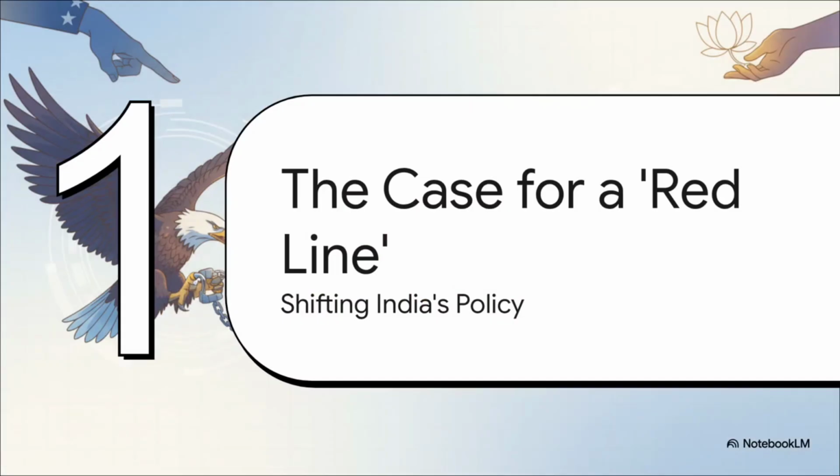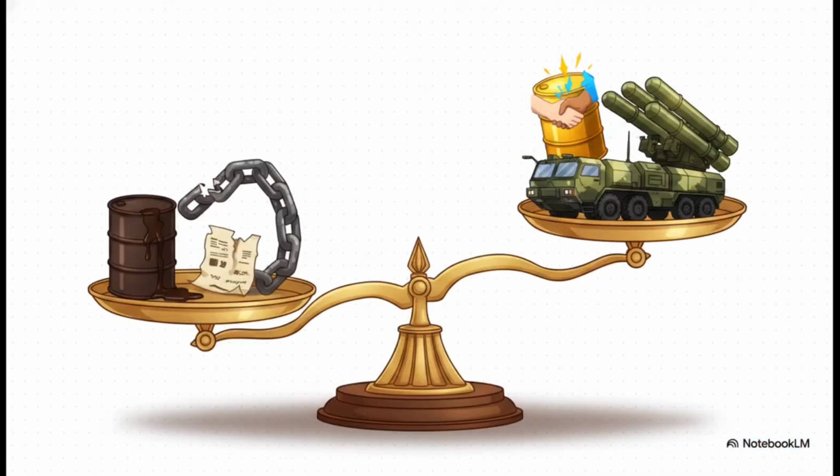That's absolutely the crucial point, and it brings us right to the heart of the debate, the main argument of this whole explainer. The question is, is it finally time for India to change its approach? To draw a clear red line and say no more to these kinds of pressure tactics. So let's break it down. Let's look at the two options here. On one hand, if we comply, we hurt our own energy security, we limit our own freedom of action, and frankly, it weakens the whole idea of a rules-based international order that India talks about so much.